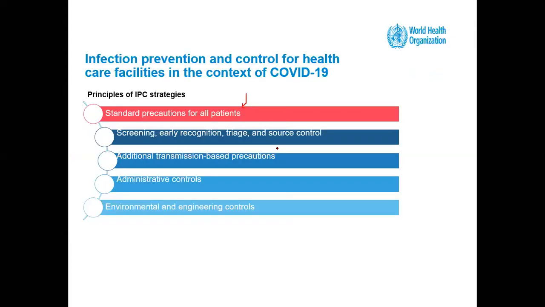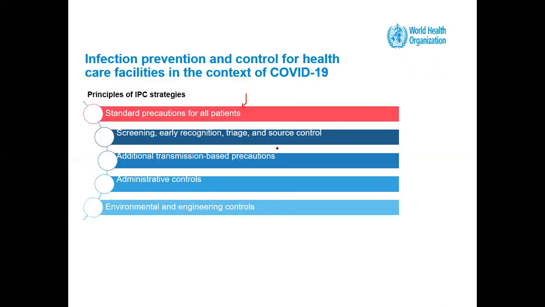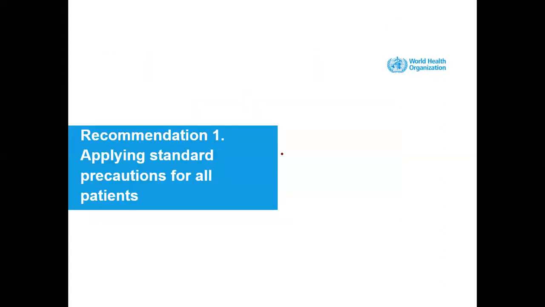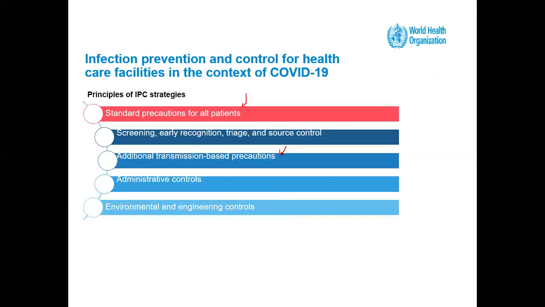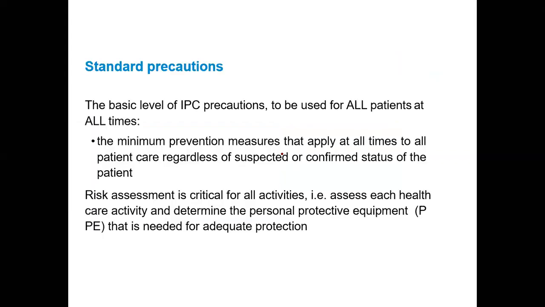طيب احنا طبعا قلنا اغلب الكلام اللي احنا كنا عايزين نقوله بالنسبه للستاندرد بريكوشنز والايربورن والدروبلتس بريكوشنز. هنتكلم سريعا على الفاينل ريكومنديشنز واستراتيجيز recommended by WHO. زي ما قلنا standard precautions for all patients not for COVID-19 patients. Screening with dry age, additional transmission based precautions like airborne. زي ما اتكلمنا قلنا هنضيف الايربورن بالنسبه للبريكوشنز والادمنستريتيف كنترولز environmental and engineering tools. طبعا في بعض الاسبكتس مش هتبقى تبعنا زي الادمنستريتيف كنترولز والانجينيرنج كنترولز. نركز شويه على الريكومنديشن الاولانيه اللي هي الستاندرد precautions for all patients.